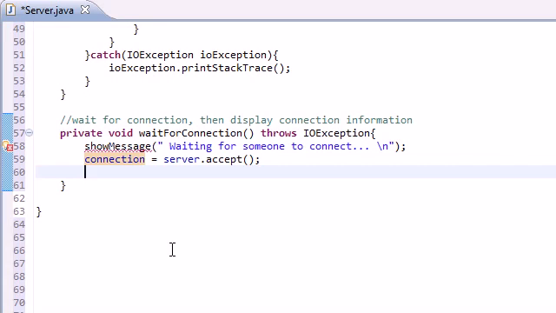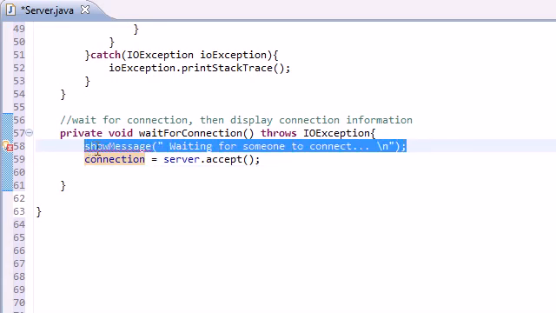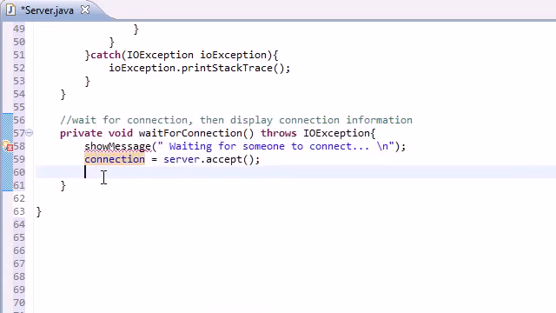So, the next thing you need to do, now that you're connected to someone, is put in another output message. I'm too lazy to type it, and I know I didn't use Control C, Control V; I'm just too lazy to type with my left hand from time to time. So we'll just say, once you have a connection, now connected to,